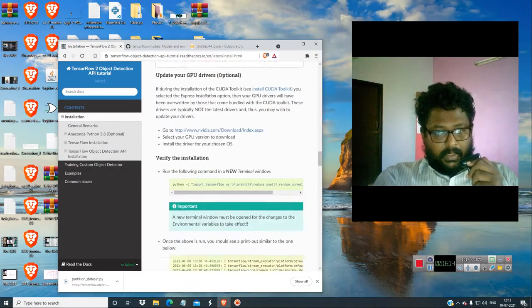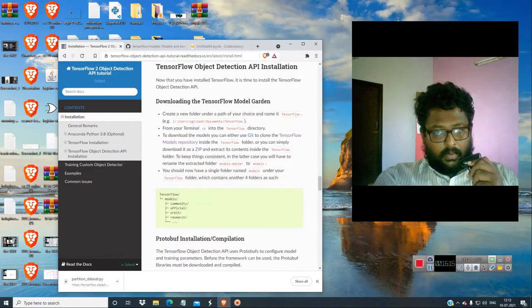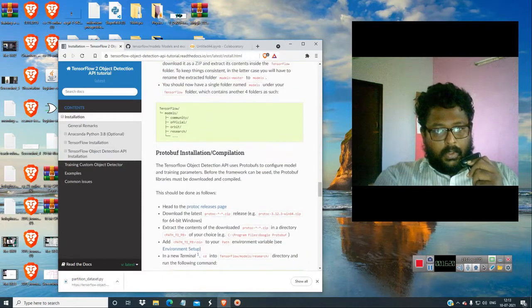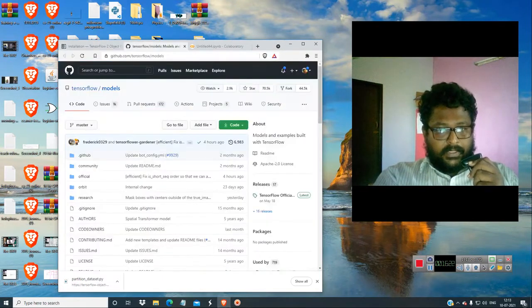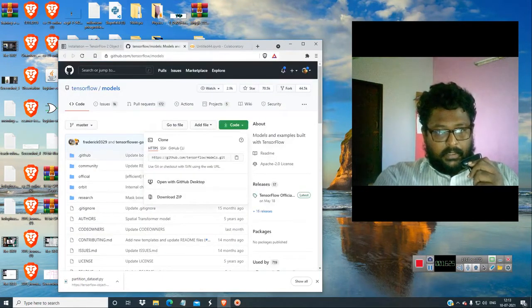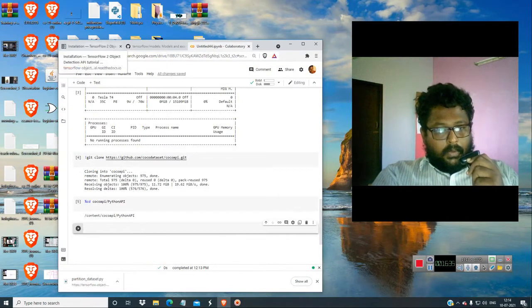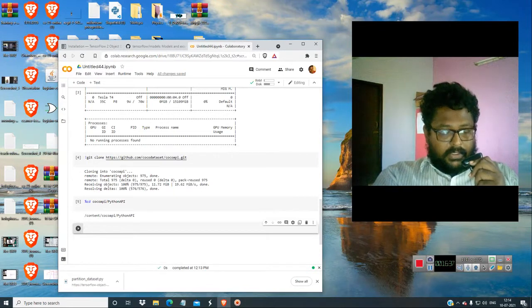Without downloading models.research, it is not good to go. We have to download the object detection API from models.research, so just clone it from here. Now we can install the COCO API, that's not a problem, but before that we need models.research.